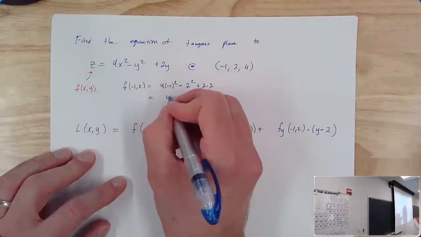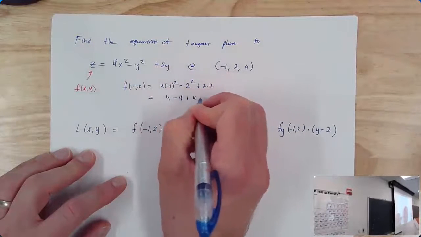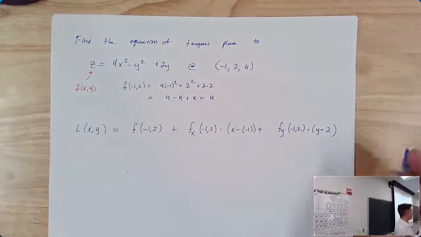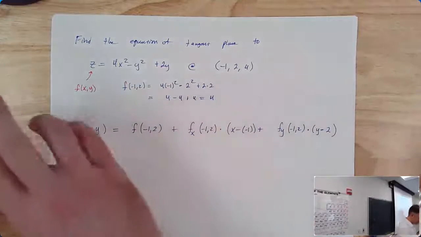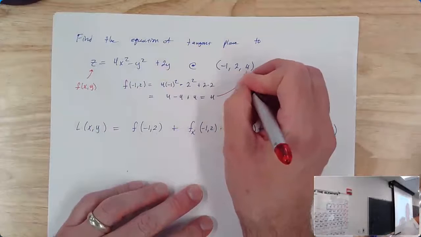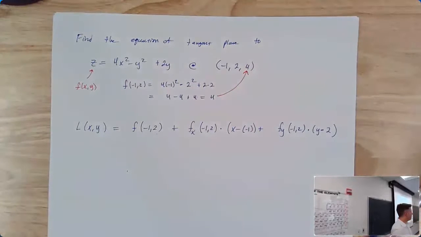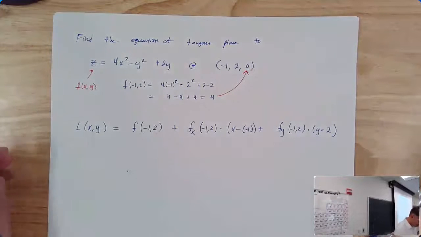That's going to be 4 minus 4 plus 4, which is 4. Which they already told me, because that's really just the z coordinate. So they give you all 3 coordinates. They're telling you what f of x, y already is, or f of, in this case, -1, 2. So we're going to get 4